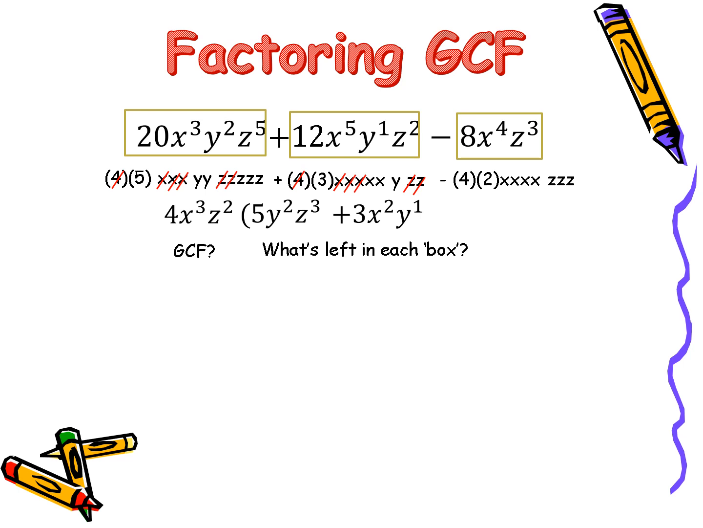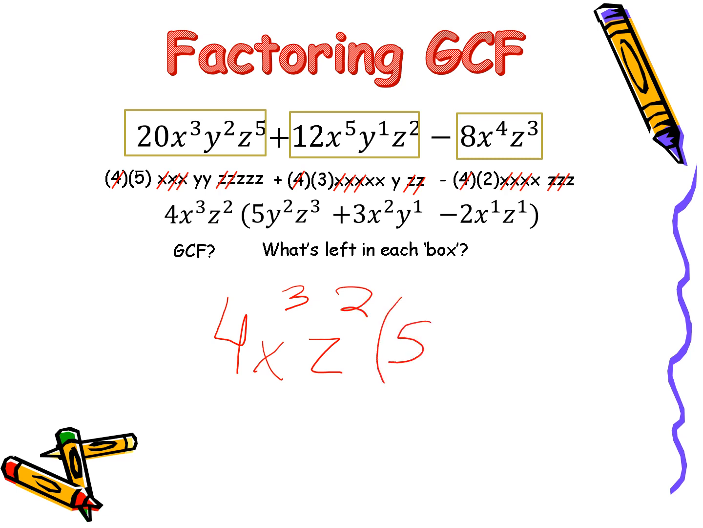4 goes into 8 2 times. If I pull x cubed out of x to the fourth, I have 1x left, and z squared out of z cubed gives me 1z. So, again, could I put just x times z? Absolutely. So, when I'm writing this problem, and I'm writing the factor form, 4x cubed z squared, and then I